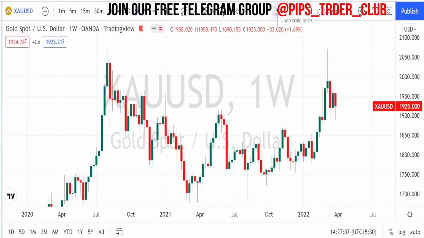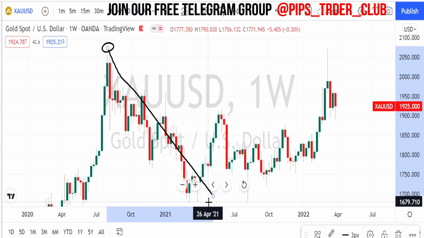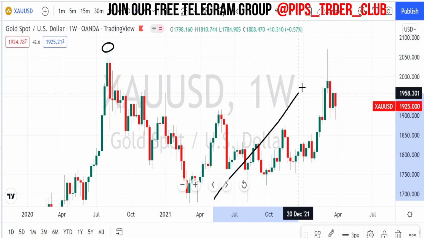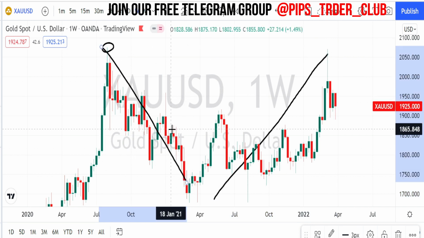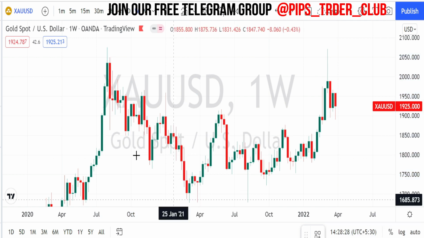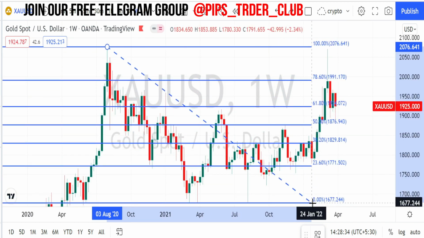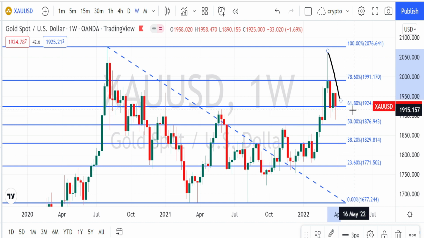So when we look at the overall retracement from the past price action, previously the price went up to the level of 2075, then the retracement started. Then from the level of 1679, the bullish trend started. When we look at the percentage of retracement from the previous fall, we'll use the Fibonacci retracement tool to find out the retracement level. From this level, the price started its bearish trend and came down to the level of 1677. When we look at the fall or the retracement on the bearish trend, it has currently retraced up to the level of